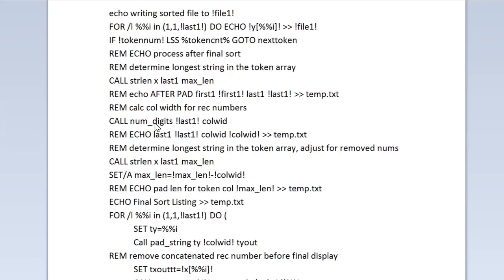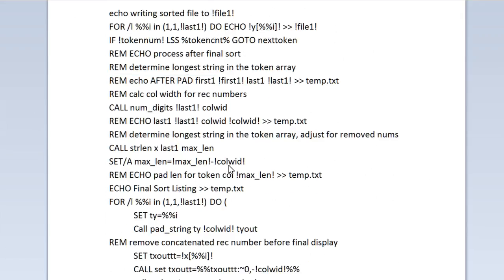and how many digits are there in the column that's going to list the record numbers. I'm making a correction here. I have this statement in here twice, and I don't need max len before this point. So this is a good one. I don't need that one. Then I subtract off the width of the